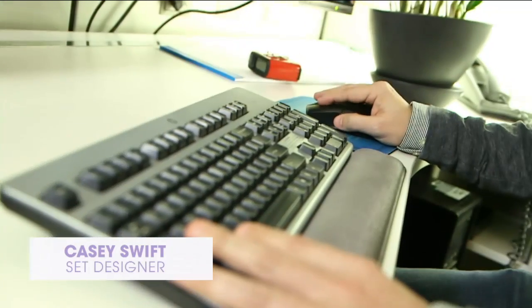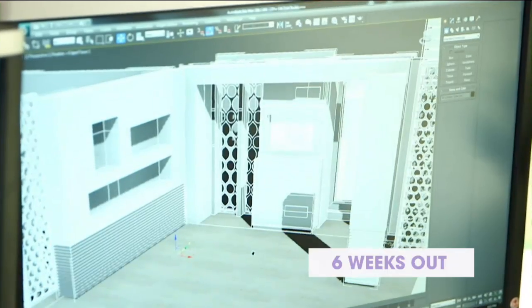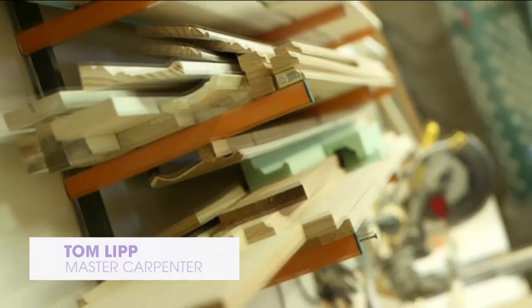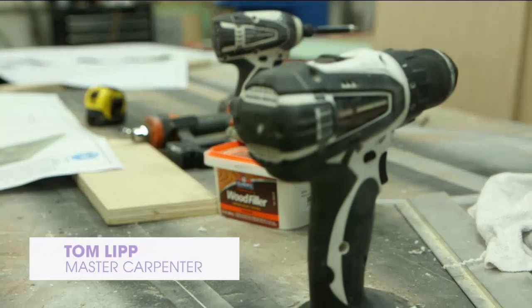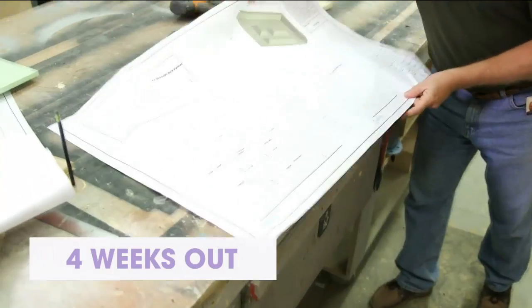My name is Casey Swift. I'm a set designer here at HSN. We take the conceptual design and then bring it to life in 3D. All the images will get sent out to the shop and the sets team. My name's Tom Lipp, and I'm the master carpenter here at HSN. We fabricate, assemble, paint, and finish all the scenery that you see on TV. The plans